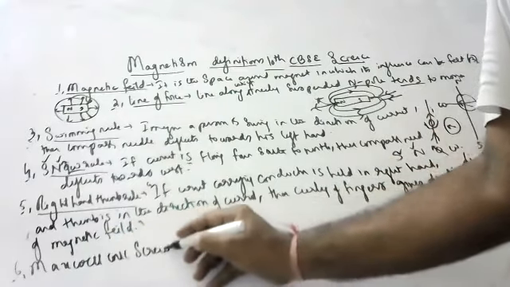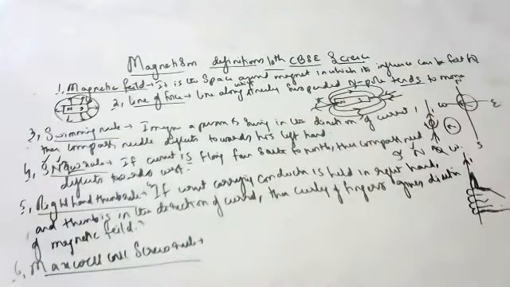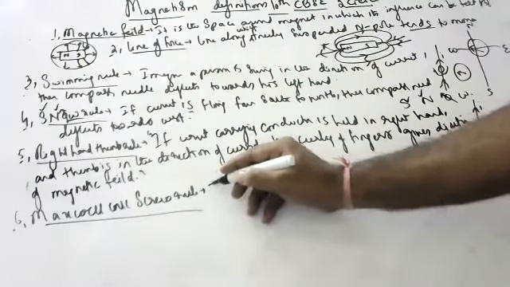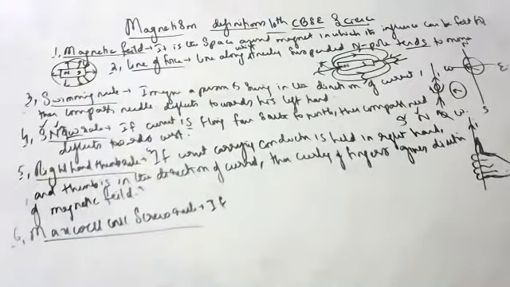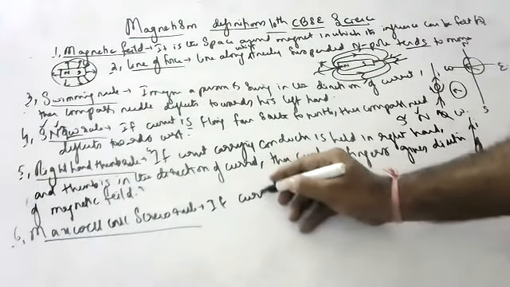Maxwell corkscrew rule. This also gives the direction of magnetic field only, the same as the right hand thumb rule. Maxwell corkscrew rule states that, if current carrying conductor,